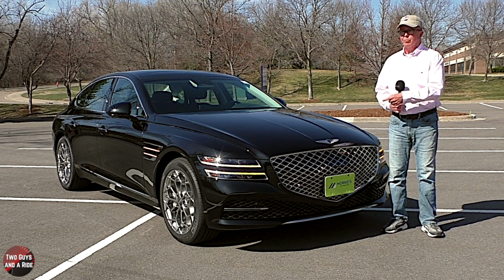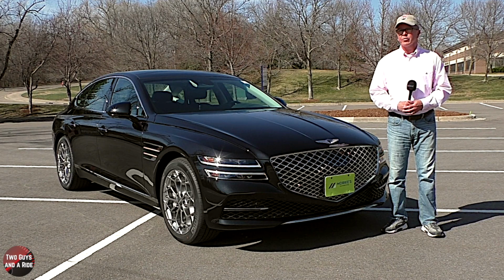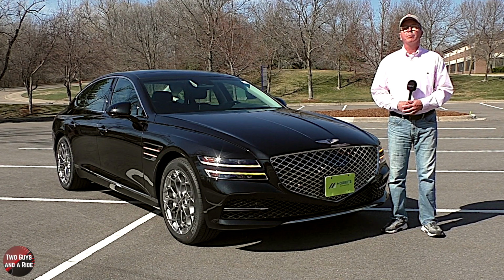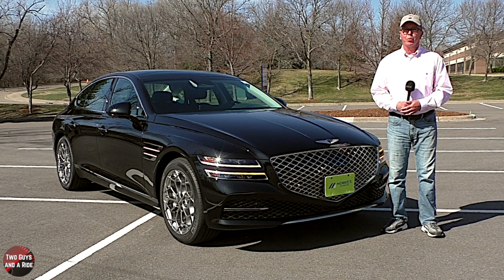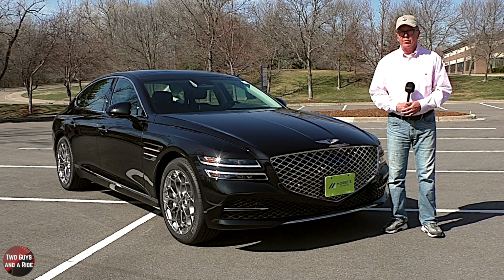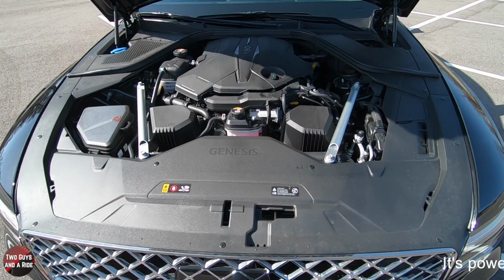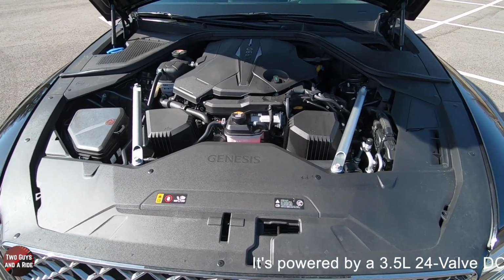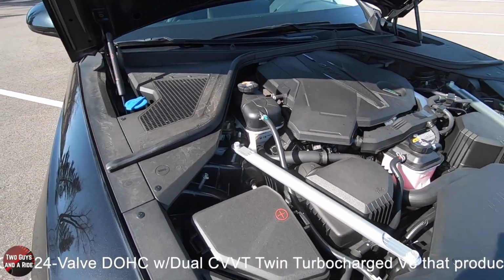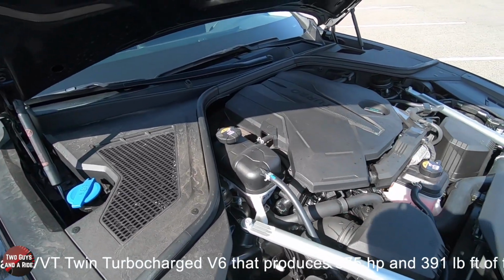$62,250. This particular Genesis G80 is presented here in Vik Black, and it has a sumptuous black leather interior with beautiful open wood pore trim and an MSRP of $63,675. It is powered by a 3.5 liter 24 valve double overhead cam with dual CVVT twin turbocharged V6 that